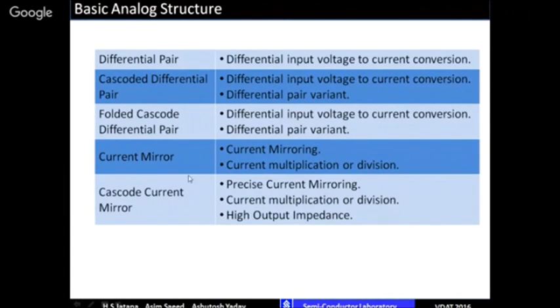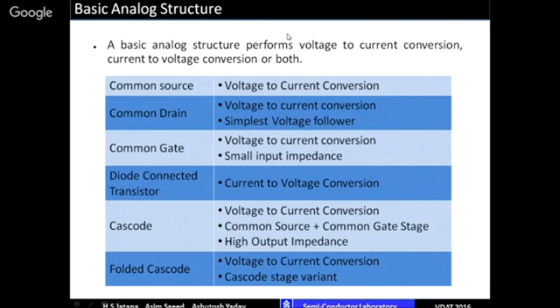and then how to make a cascode current mirror, what is the advantage of a cascode, how to increase the output, how to make high output impedance, how to do matching, how to do current multiplication. So these things one by one you have to take up, and you have to understand the